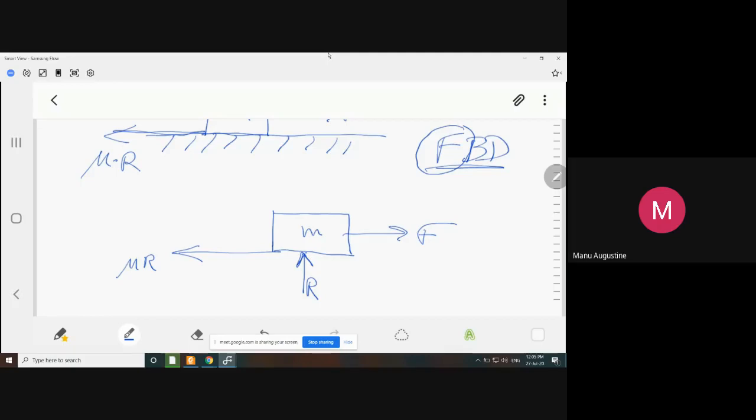Anybody? Reaction of the floor on the body, will it be included in FBD or not? Yes, sir. This will be included in the free body diagram. Why? Because this is the force of ground on the body. अच्छा,